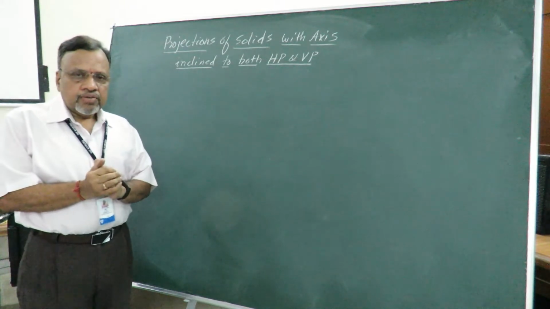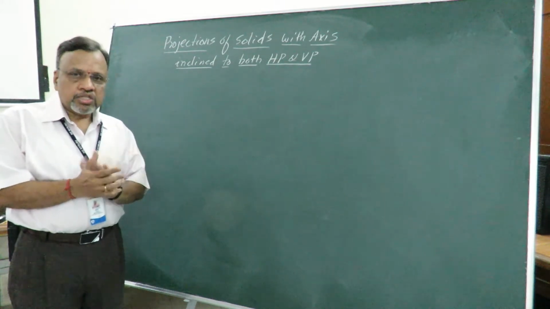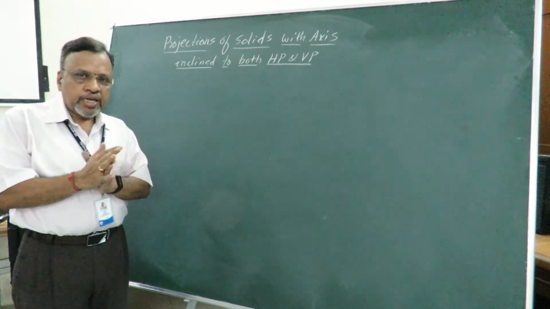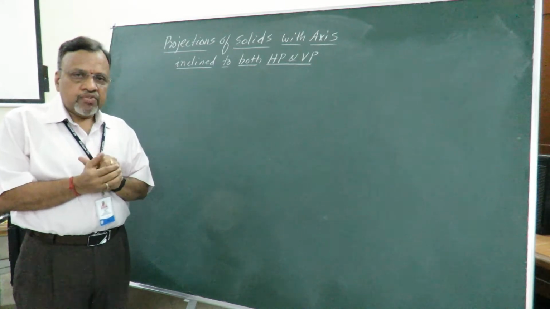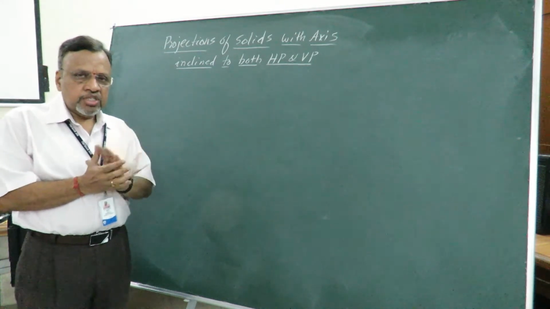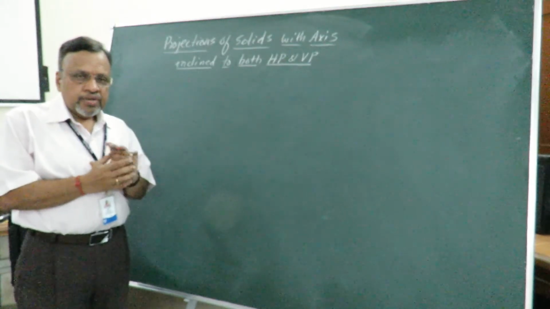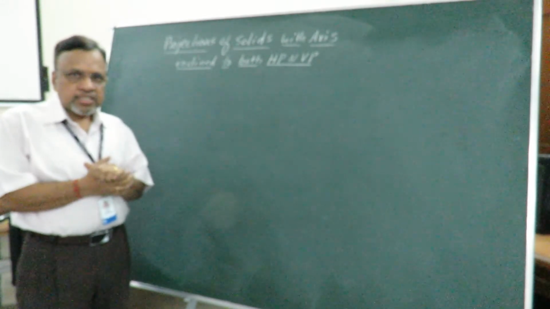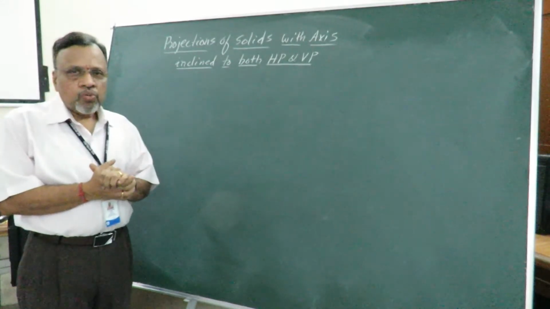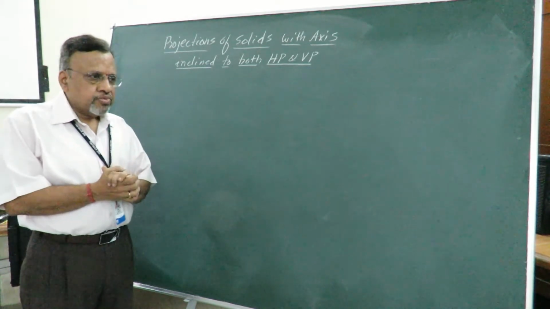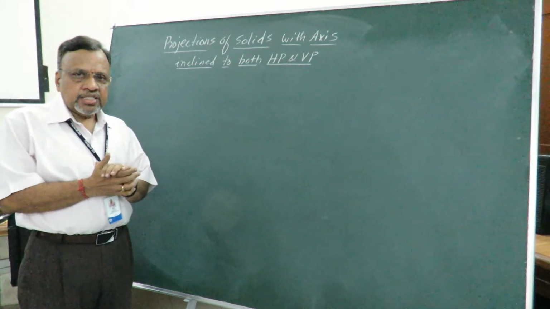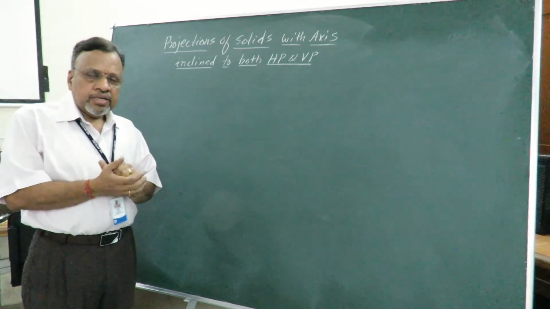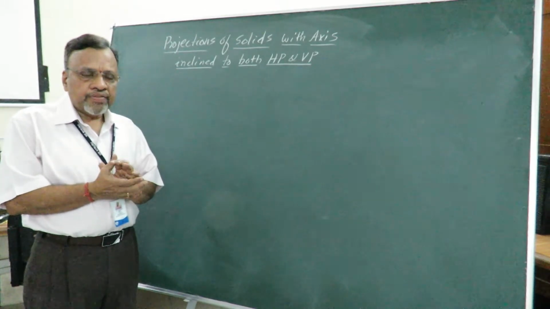If we just recollect what we have done in the last class, I had just explained what exactly you mean by a solid and what are the different types of solids. And then we started with projections of solids, but we did the simple position, that is when the solid is kept such that one of the axis is perpendicular to one of the planes, and we did three cases in that. That is when the axis is perpendicular to HP, when the axis is perpendicular to VP, then we did when the axis was parallel to both the reference planes.